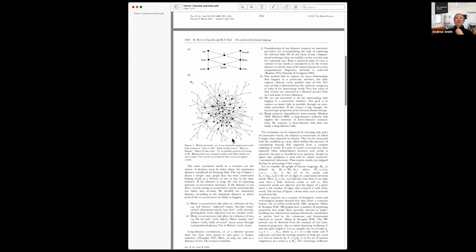The internet is a small world network, the connection of computers in the internet. The connections of people in the world, the social networks that form, they are small world networks. And I think we all know a person who's very well connected. I have a friend who I'm sure knows everyone in Brisbane because they seem to. And if I wanted to make a connection to someone, I would probably go through her.